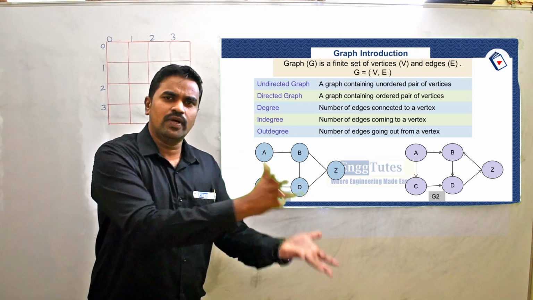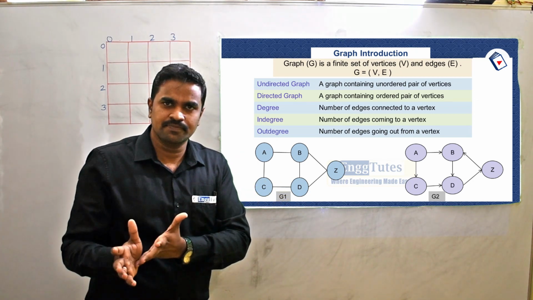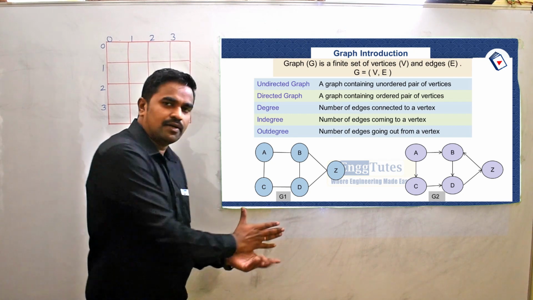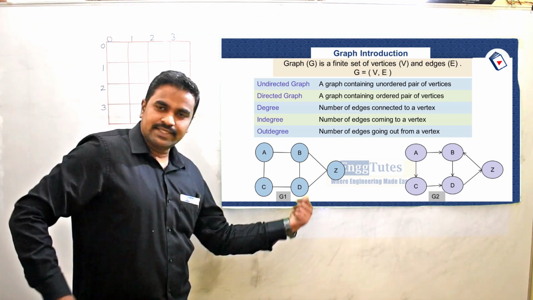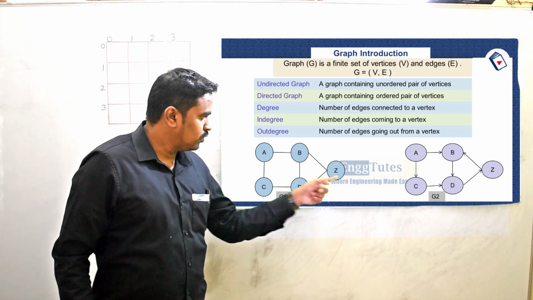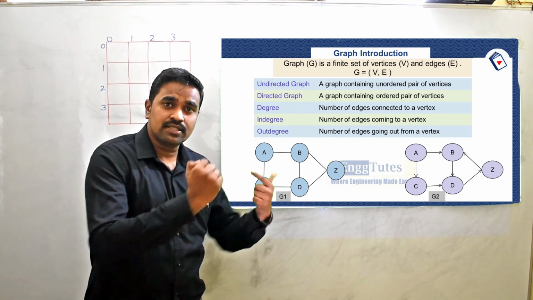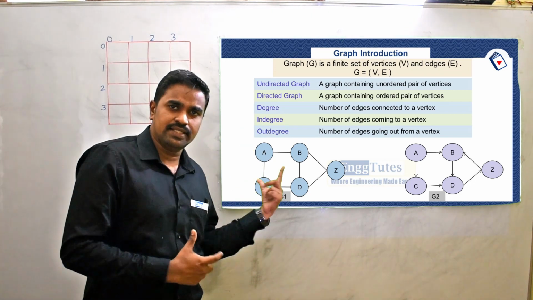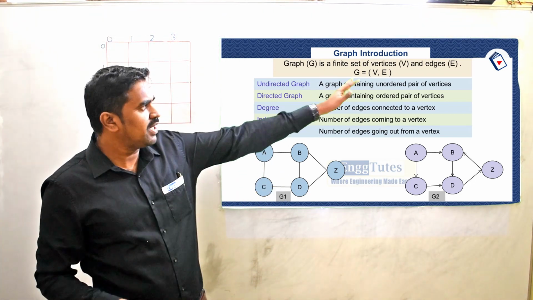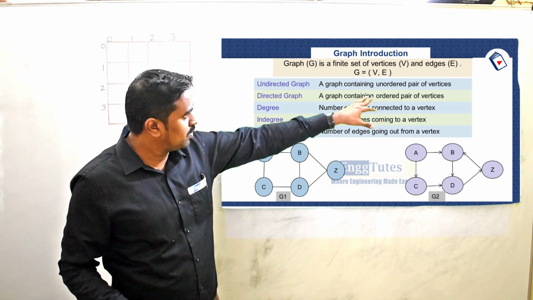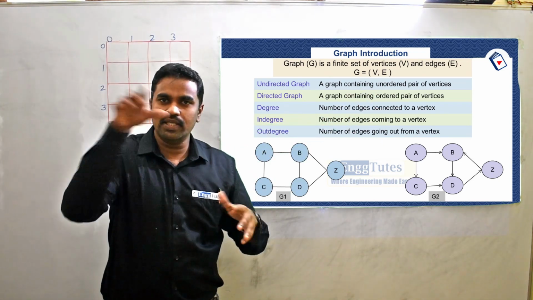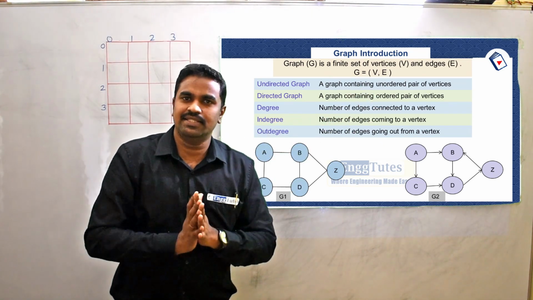Graph is a set of vertices and set of edges. That's called a graph. For example, this is the graph. Here how many vertices are there? 1, 2, 3, 4, 5. Done. So the set of vertices and the lines connecting those vertices, that is nothing but the edges, is called the graph, and it is represented by G, that is nothing but the graph name, equals, in brackets V represents the set of vertices and E represents the set of edges.